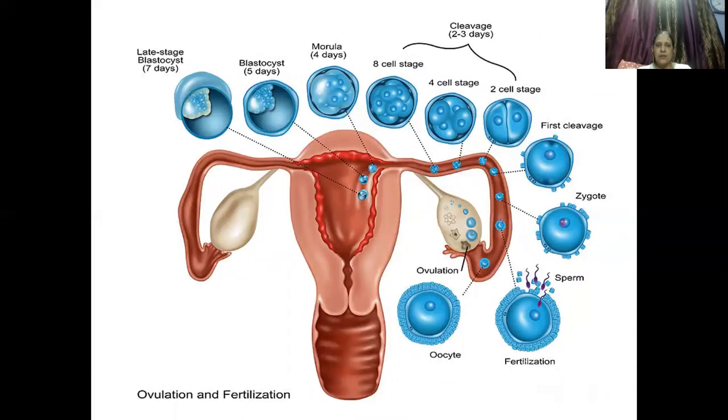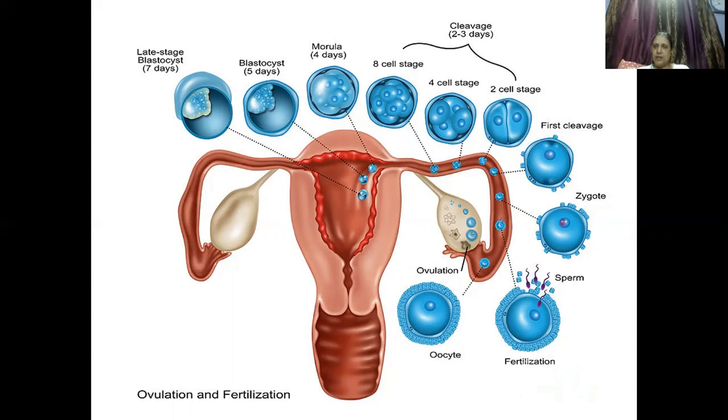Here in this particular diagram, ovulation, you can see the ovary is attached through the ligament to the uterus. Then the egg is released out. The secondary oocyte has been released out, and the process is called ovulation. Now, you would see the sperm has entered. Okay, now the sperm has entered, so you could see the sperm entering, and it has then fertilized the secondary oocyte, and it forms a zygote.